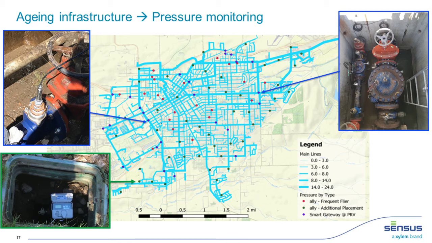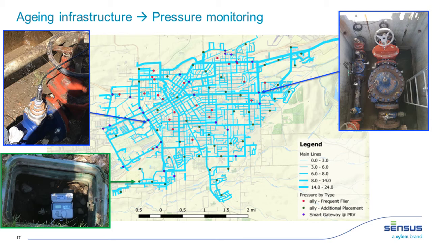And what they found was that they were able to recognize new problems much more quickly. And then when they found a problem, they were able to diagnose much more quickly. And a lot of that has to do with, in their prior workflow, if they got a customer complaint or suspected a problem, they'd have to go put pressure loggers out there, wait for a few days, then collect them, then analyze the data. Now that data is distributed around the entire system all the time.